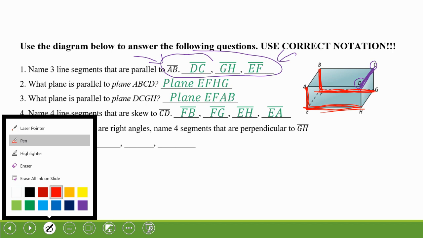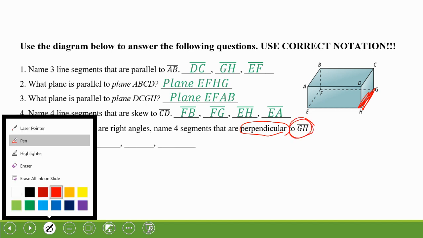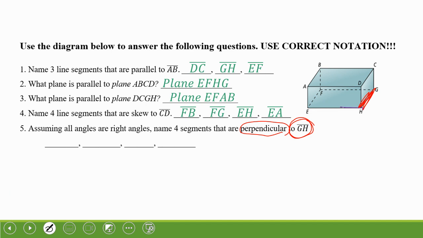Then we switch to perpendicular, and the hint for perpendicular is if it is perpendicular to GH, it must include the letters G or H. So in order to be perpendicular, it has to touch. So we have 2 lines touching H. We have 2 lines that include G. So I look at my names. The first 2 have the letter G. The next 2 have the letter H. If it does not have H or G, it cannot be perpendicular. When you're dealing with a rectangular prism here, we assume all these angles are 90